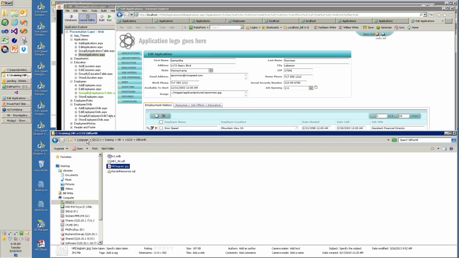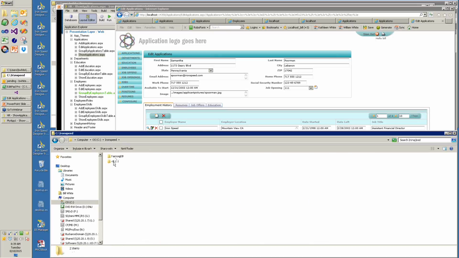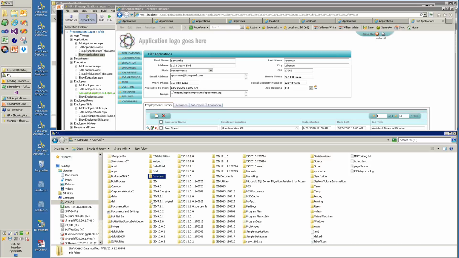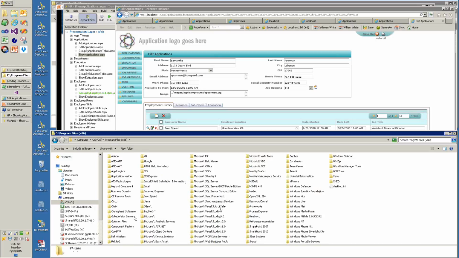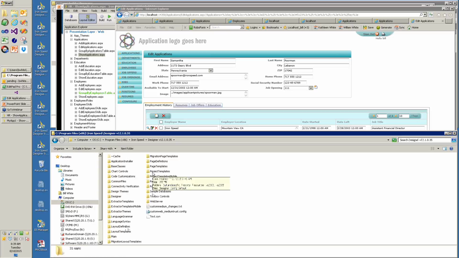Here we'll go to look at the app installation folder for IronSpeed Designer. And so we're looking for IronSpeed. C, IronSpeed, the wrong one. C, program files, sorry about that. Program files. My IronSpeed is installed in the program files. Here's my version 12.1 right here. In my project templates